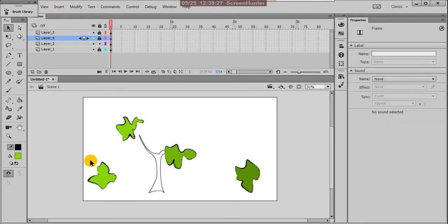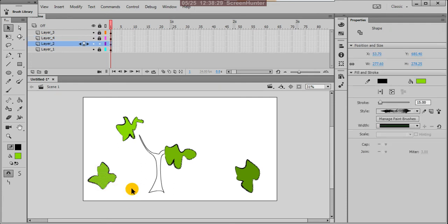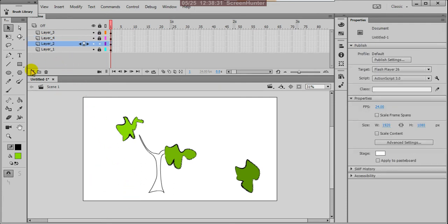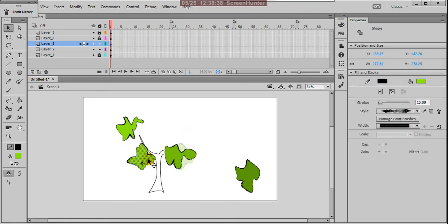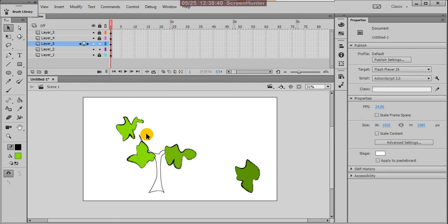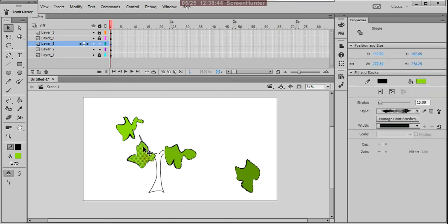Okay, and this is Control X, and you can create one more layer. So that means we are separating all in separate layers. Now we can freely place them